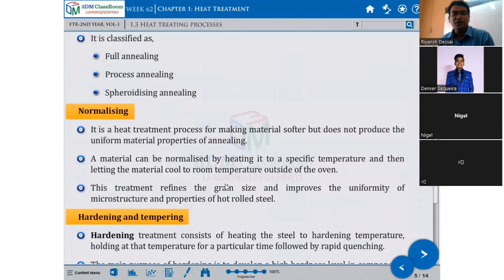Normalizing is a heat treatment process for making material soft, but it does not produce the uniform material properties of annealing. Annealing is uniform, but normalizing makes it soft also, though it's not a uniform process. Material can be normalized by heating it to a specific temperature and then letting the